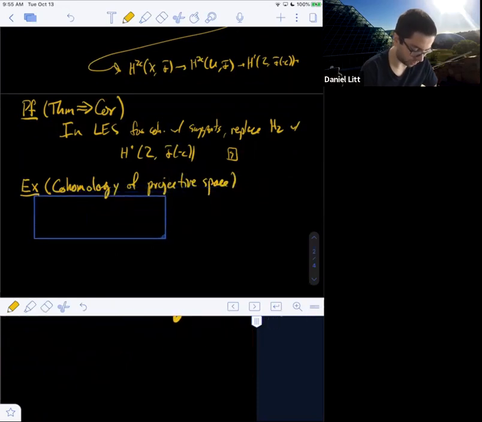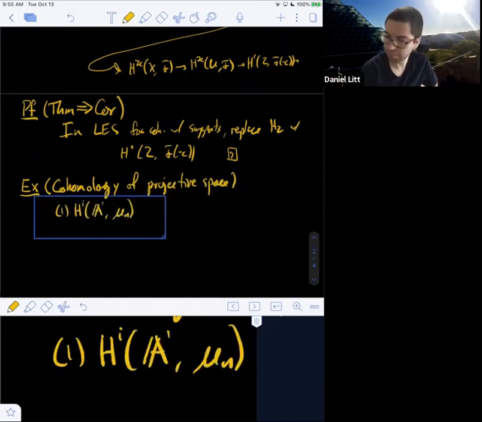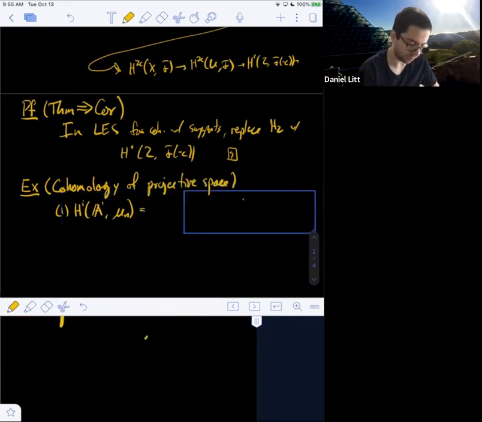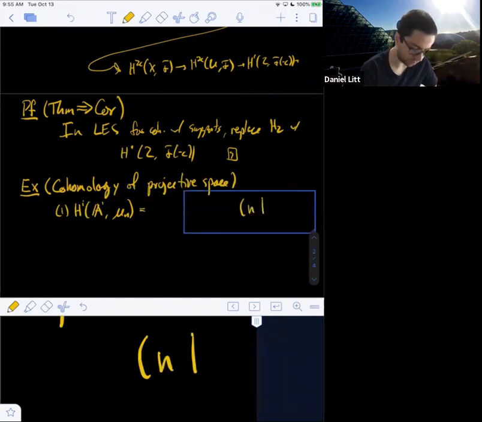First of all, step one is what's the cohomology of A1? Let's compute the cohomology of A1 with mu_n coefficients. Can anyone tell me what it is? And here I'm going to assume, as I will throughout this lecture, that the characteristic of the ground field does not divide n.